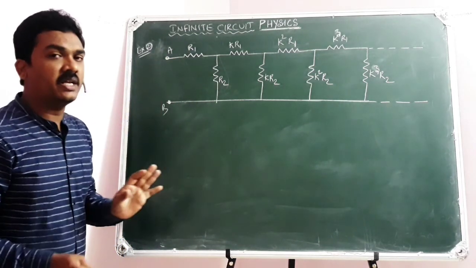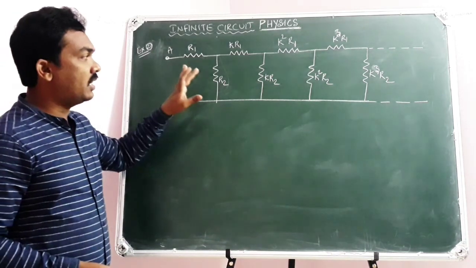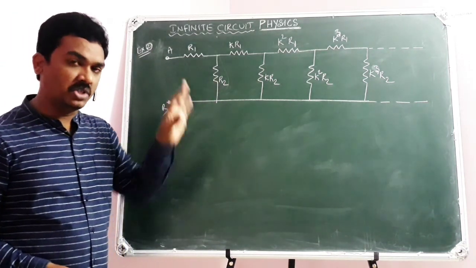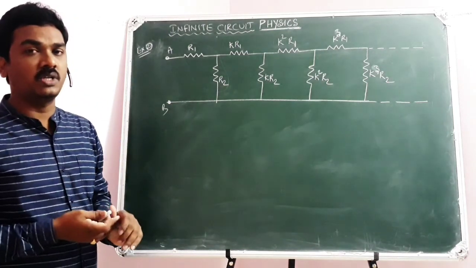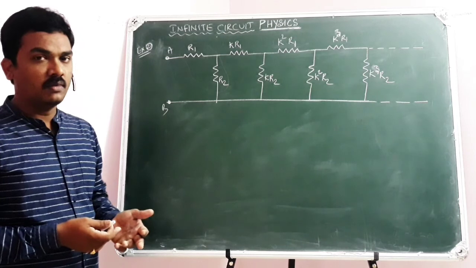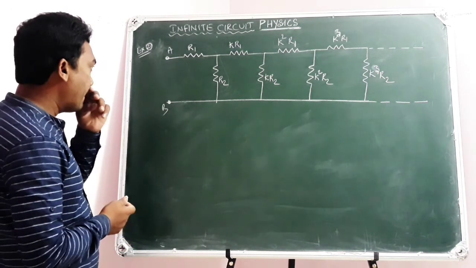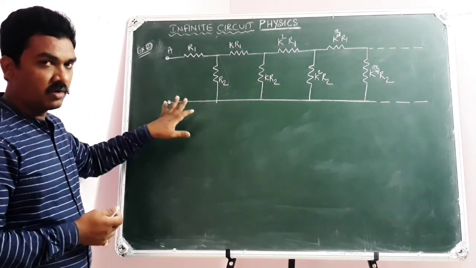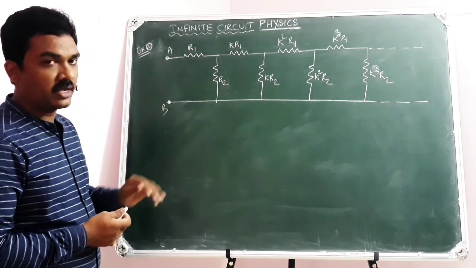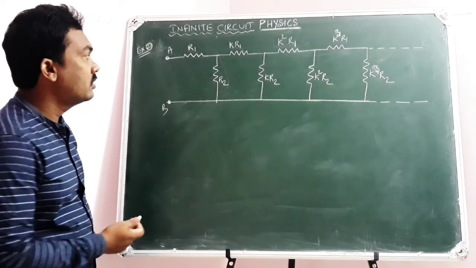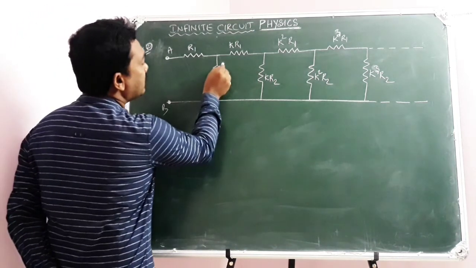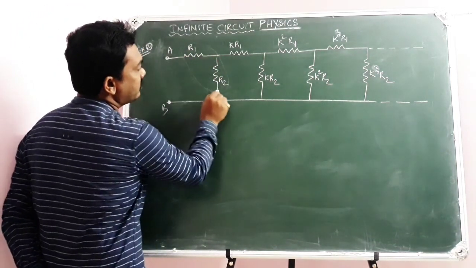I told you many times, first take the electric circuit related to the question. Again take the electric circuit to start the solution, then go for editing. Hope you got it. Moreover, you have taken it already. Now I am going to explain the solution by editing some points on the electric circuit. Here you see, here there is a combination of R1, R2.